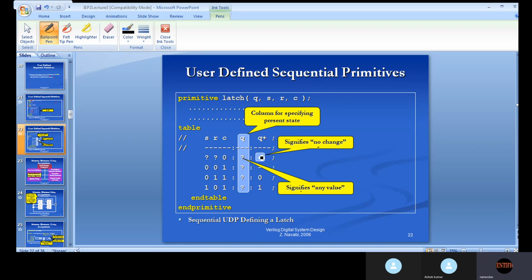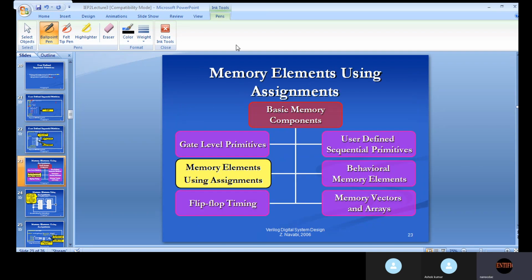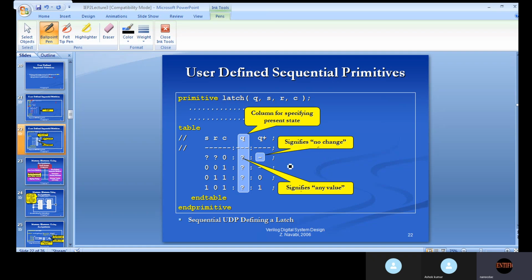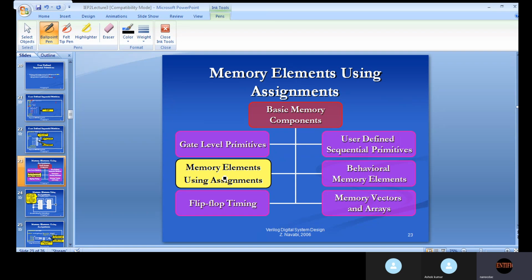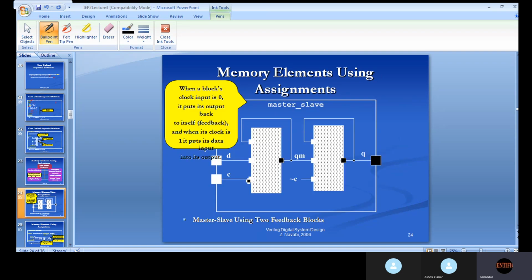Okay, this dash is signifying there is no change, and here this is the column that is specifying the present state. Okay, column that is specifying the present state. This is the UDP, user defined primitive of a latch. Similarly, we have memory elements using assignments. So memory elements using assignments, so here you can see when